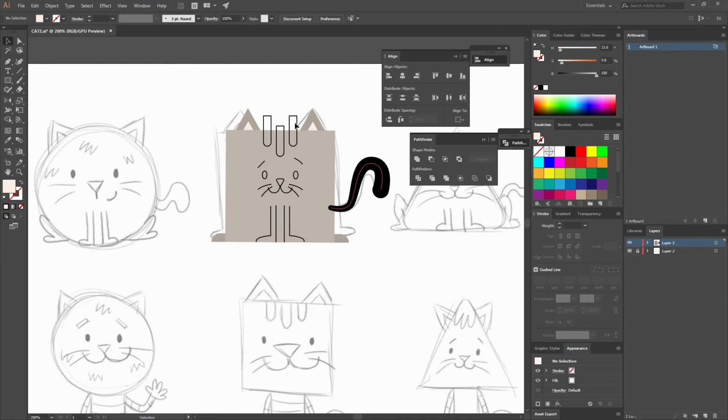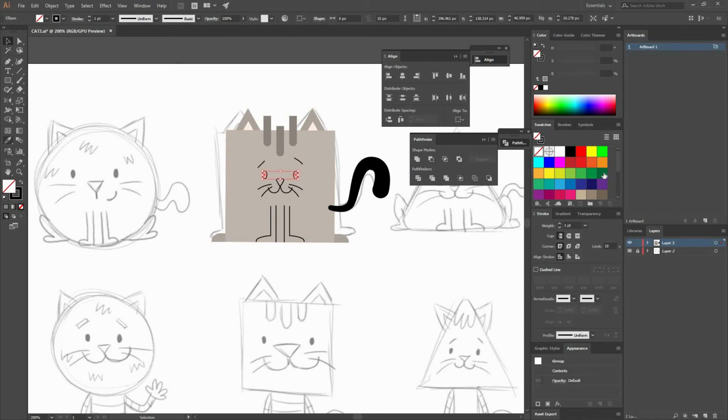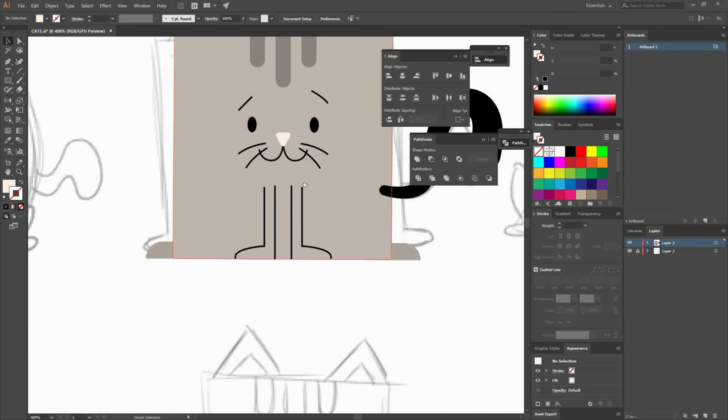And send to back the objects so they are in the right position, and you could do that with Ctrl Shift open bracket. Now let's select our eyes, make them black, remove the stroke, and the color of the nose, maybe this one is going to be lighter instead of darker.